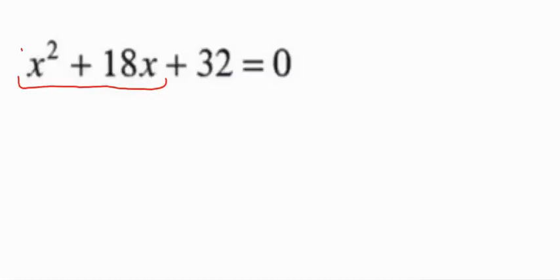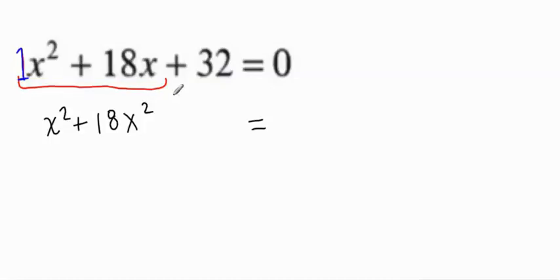The quadratic term has a leading coefficient of 1, which is what I need, and the linear term has another coefficient. It doesn't really matter what this coefficient of the linear term is. It's very important that I have a leading coefficient of 1 in order to solve a quadratic by completing the square. So my first step is to isolate the quadratic term and the linear term on one side of the